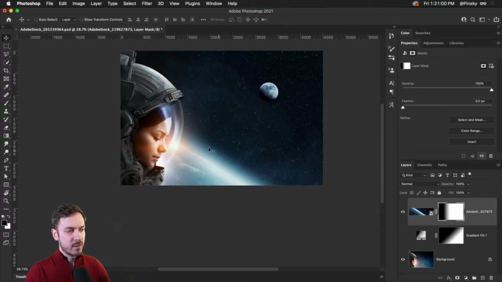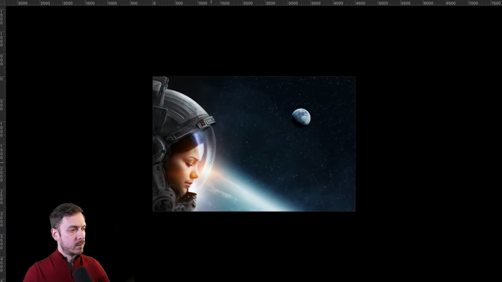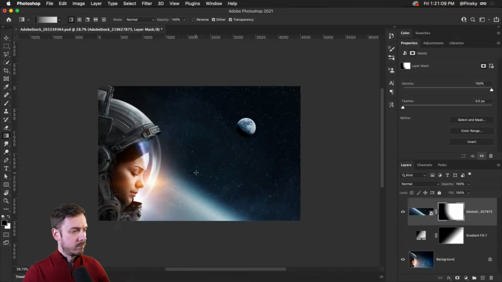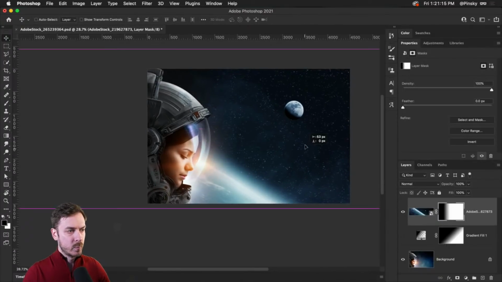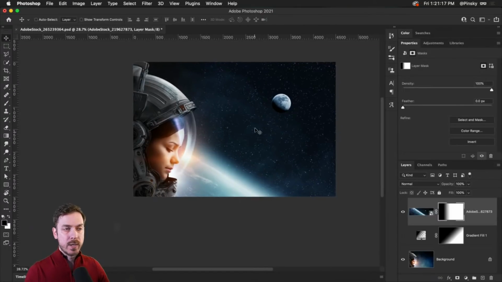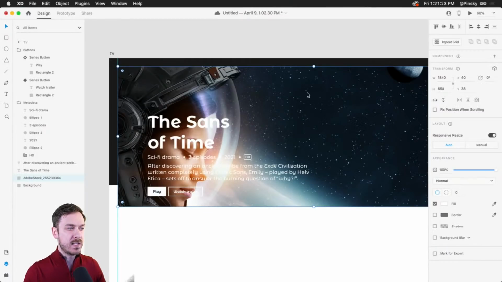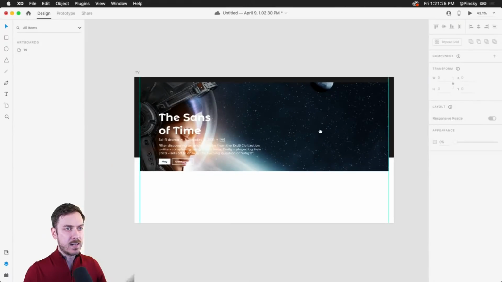This part in particular might give us some problems. So we might want to grab our brush or our gradient again. Maybe get rid of some of that, possibly. I don't know, I kind of like it. It's interesting, right? We shall see. So what we can do now is simply hit save, Command or Control S. It's not a crazy edit, so it should be pretty quick. And then if we go back to Adobe XD, you're going to notice the edit is already there.